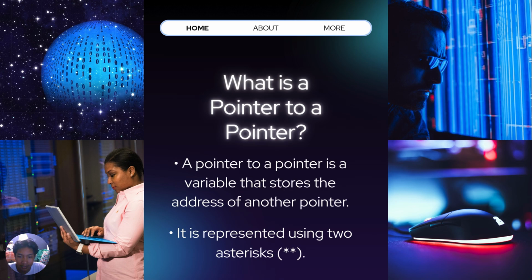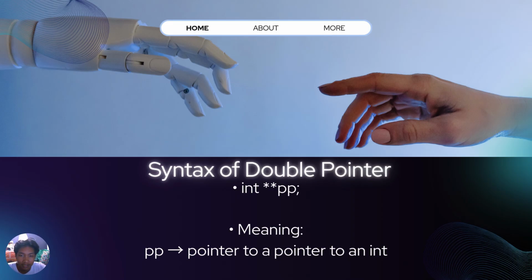It points to another pointer. The pointer points to an integer value. So the flow becomes pp to p to x. The syntax of a double pointer is int **pp;. This means the first asterisk means pointer, the second asterisk means pointer to a pointer.